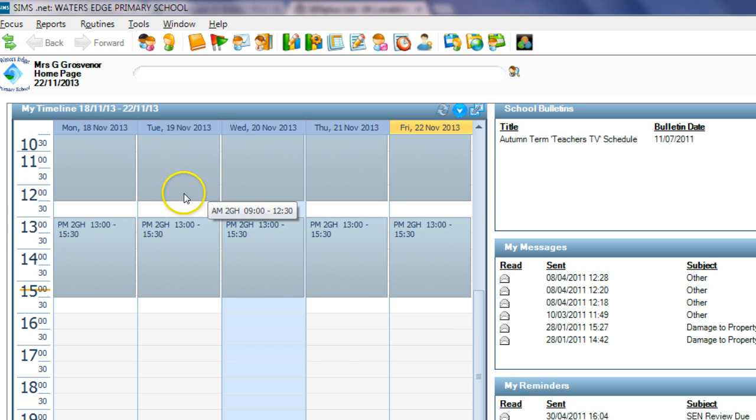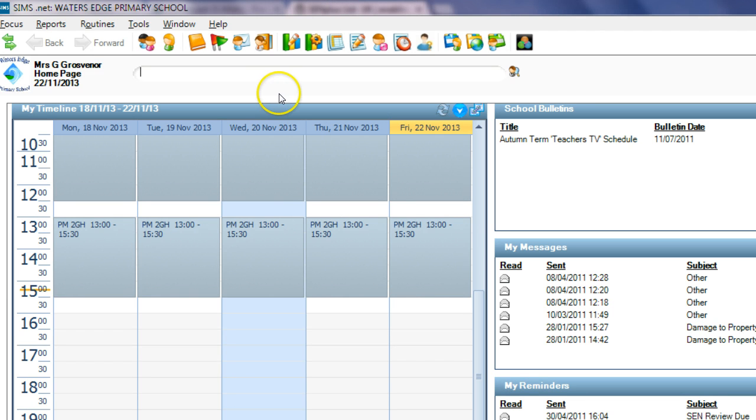You need to add provisions to SIMS Lookups as one of your first jobs, because you can't add provisions to your pupils unless you've put your provisions in. Now SIMS allows you to put your own custom provisions in, so they'll be completely unique to your school, but I urge you first of all to contemplate